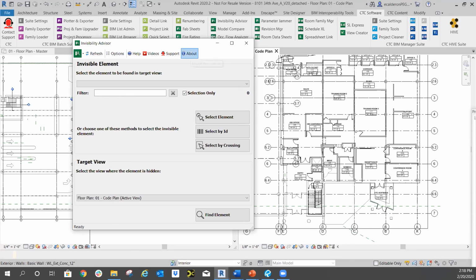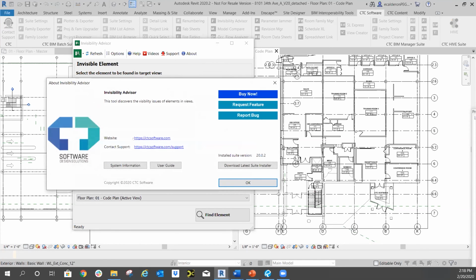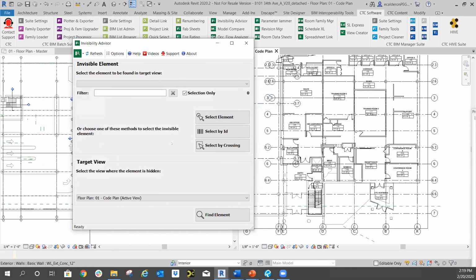There's also this button here on the left side called About. It will show you the information about the tool, what version you have, if you need to install the latest one, more other system information, and even link you to this user guide and the CTC website and the support website too. So that's basically our